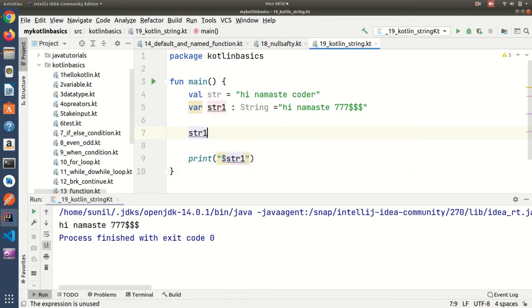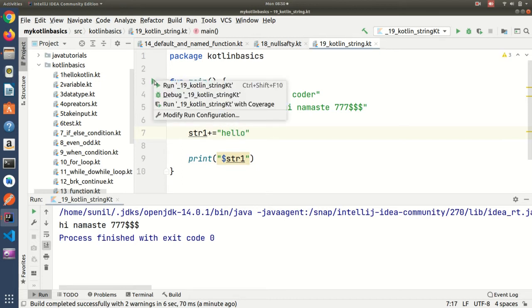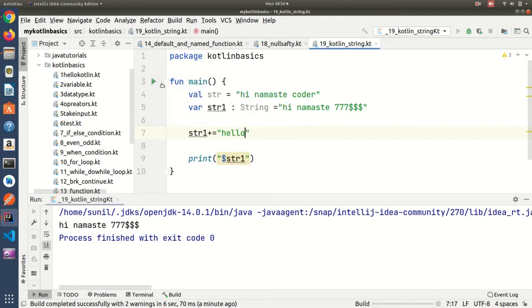So str1 plus str2, something like hello. Now let me print what value is getting printed. Okay, this is getting added here.